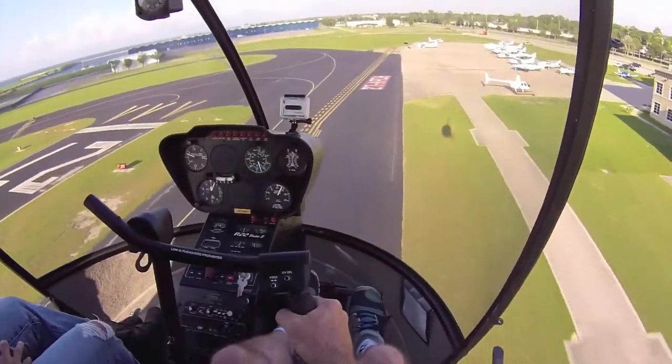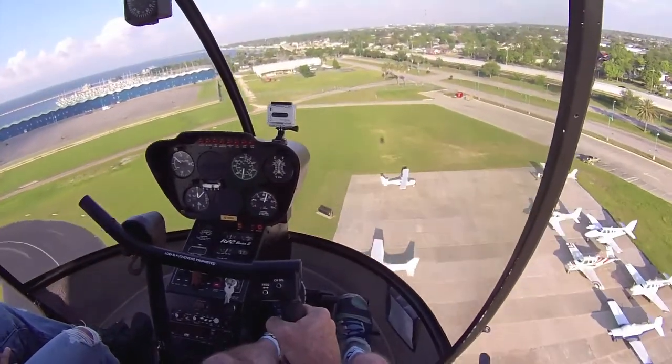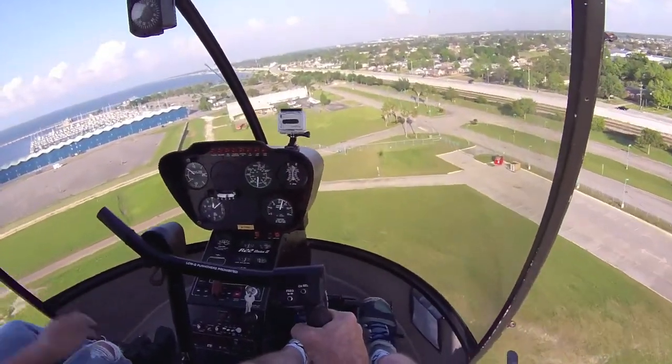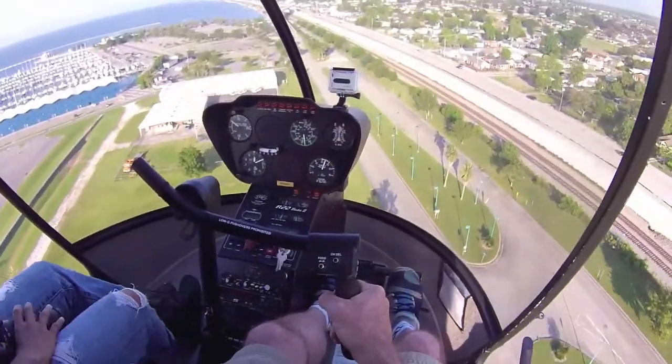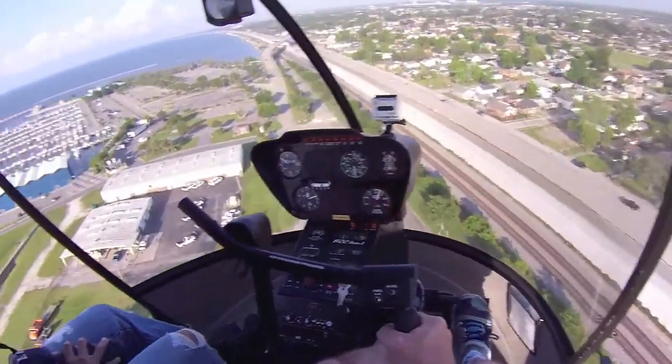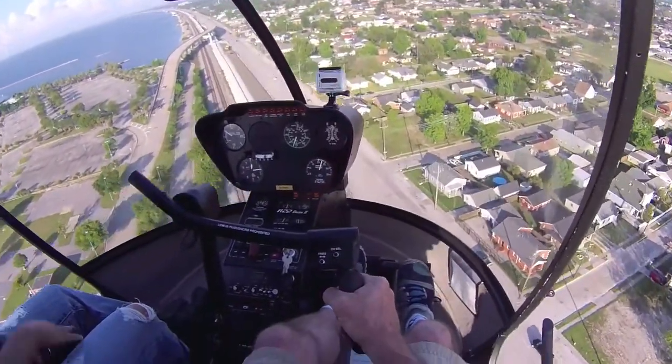See that white one down there is not the one I fly, but it's the same as the other one I fly. That's the 4-seater. It's called an R44, the one that we just passed by. Oh my goodness, this is so awesome! It's a harbor! Yeah, that's our little marina there. I've been over there before. My friend has a...